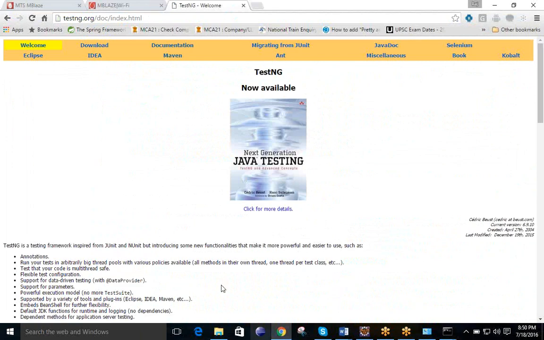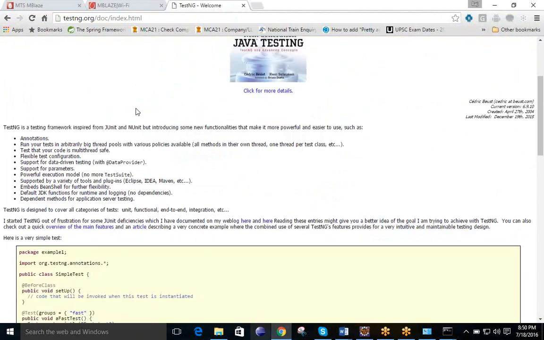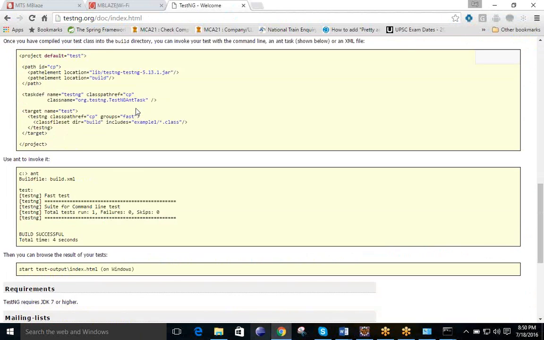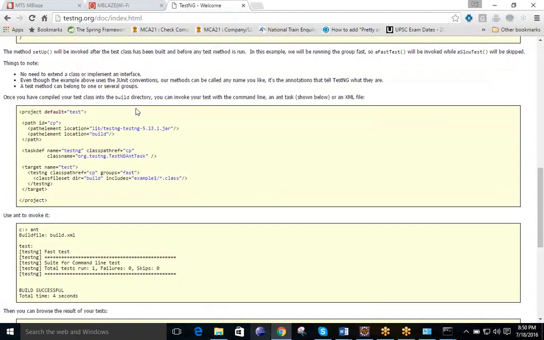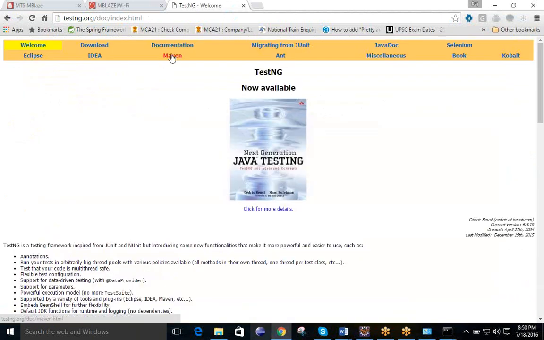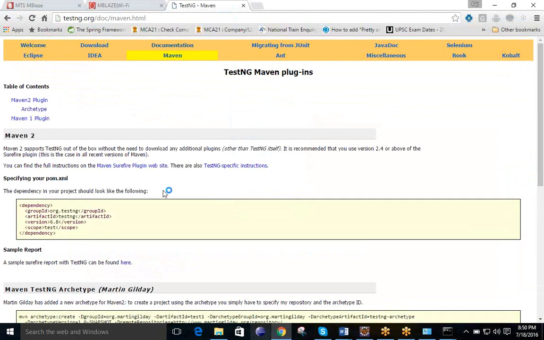Simply scroll and you will find it somewhere. If you are not getting it, you need to check somewhere else. Go to the last, here it is not present, so click on Maven, and from here you can see the very first link. This is the dependency that the Maven TestNG people give you for writing Maven projects.